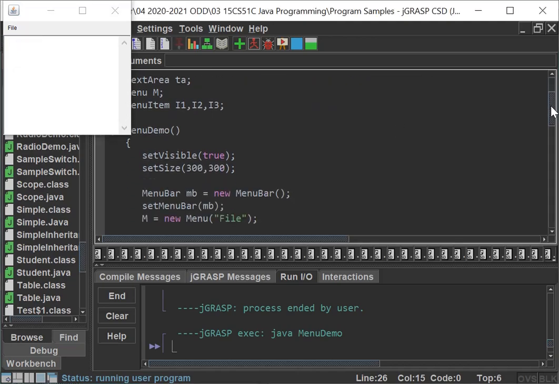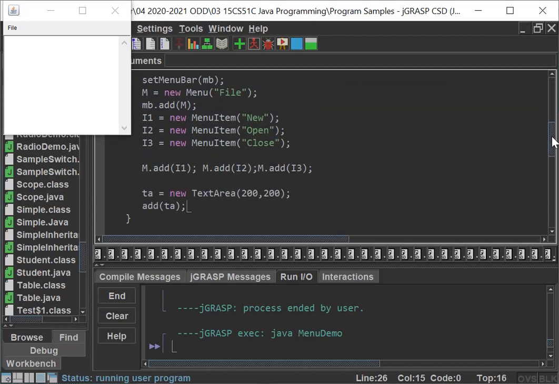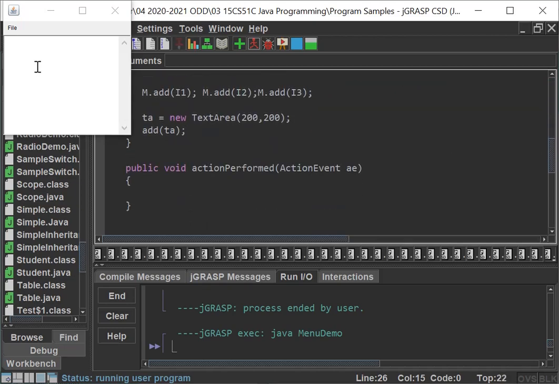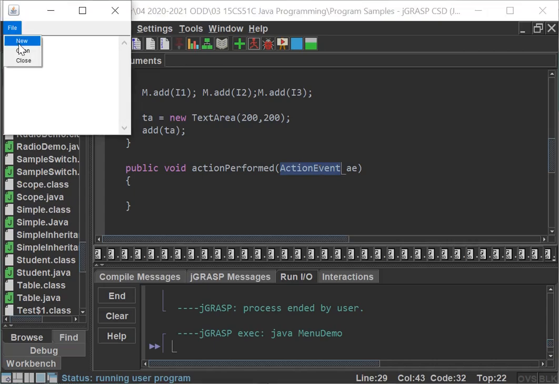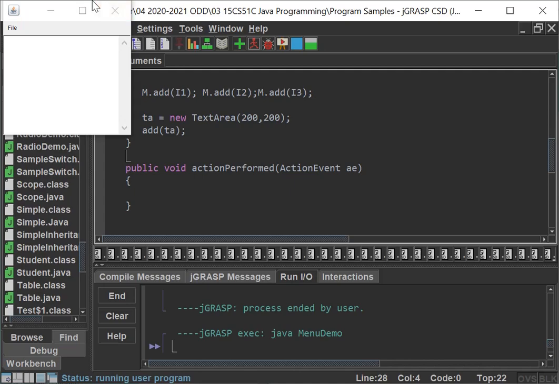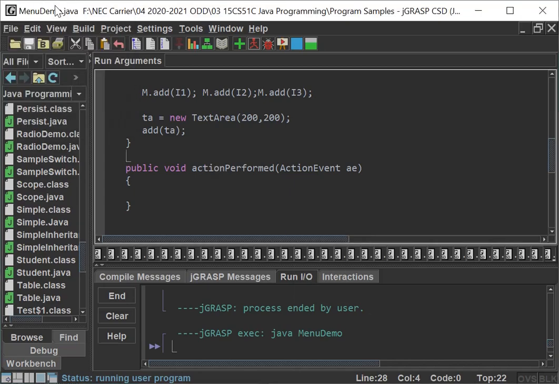After that, it will pass the event name to the ActionEvent class. From this ActionEvent class, you will receive the caption of this submenu item. The caption means New. If I'm clicking New, I will get the value in this actionPerformed. I will let you know how it will be done.